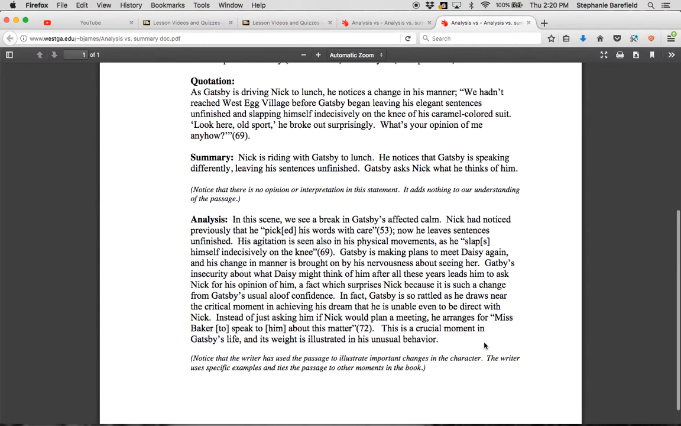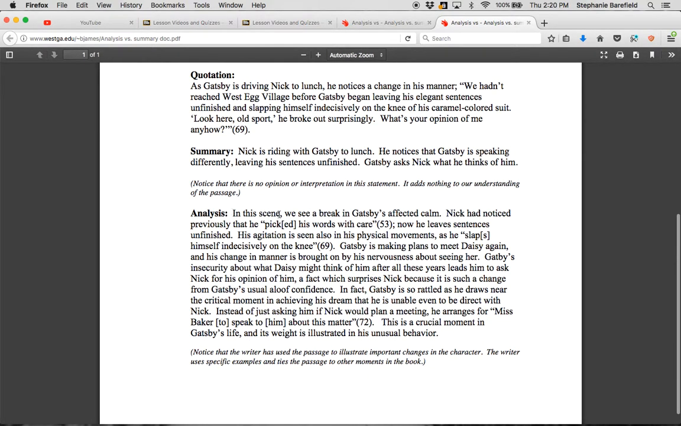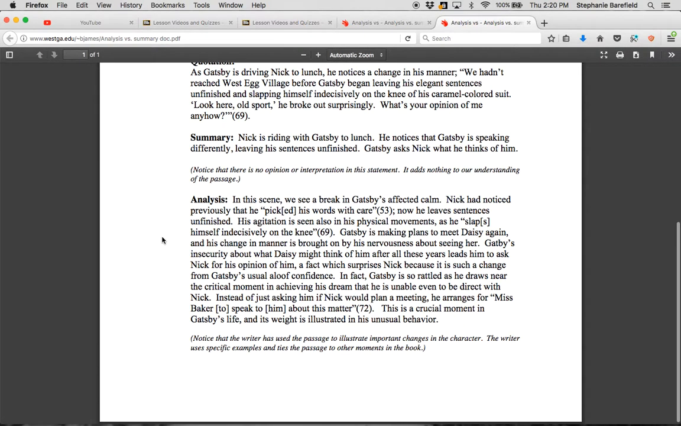Analysis here. In this scene, we see a break in Gatsby's affected calm. Nick had noticed previously that he picked his words with care. Now he leaves sentences unfinished. His agitation is seen also in his physical movements, as he slaps himself indecisively on the knee. Gatsby is making plans to meet Daisy again, and his change in manner is brought on by his nervousness about seeing her. This is analysis because